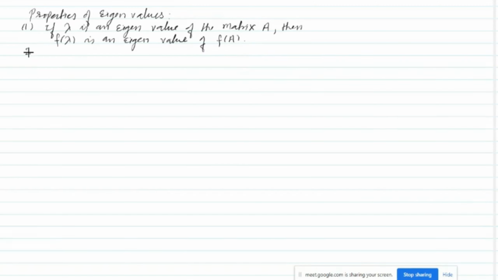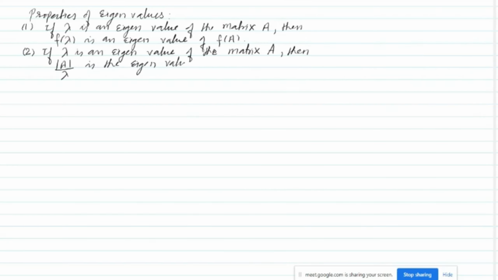Now the next property, number two: if lambda is an eigenvalue of the matrix A, then determinant of A by lambda is the eigenvalue of adjoint of the matrix A. This is the second property, and the first one says that if lambda is an eigenvalue of the matrix A, then